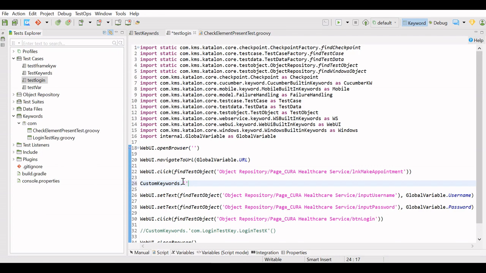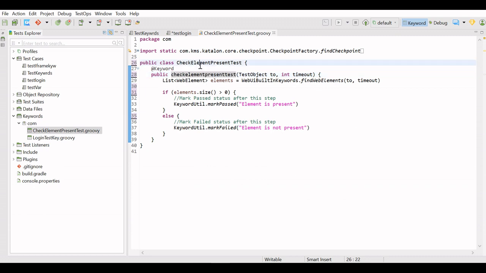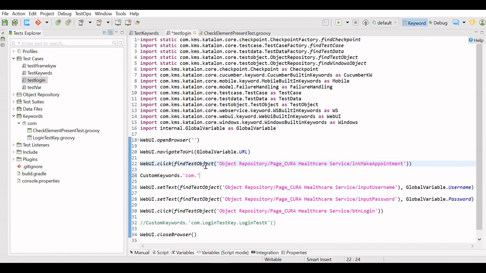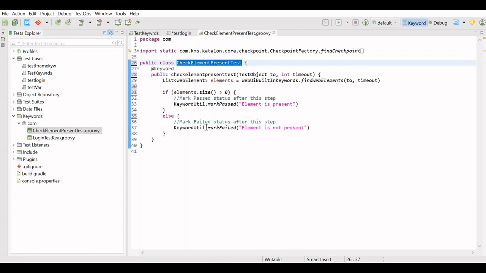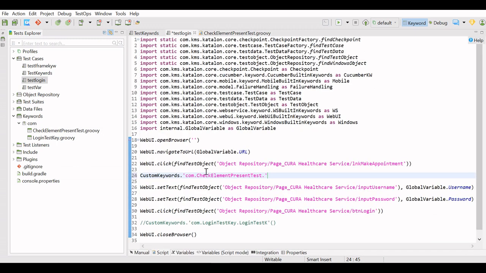dot in single quote com dot our class name and then our method name or keyword name.